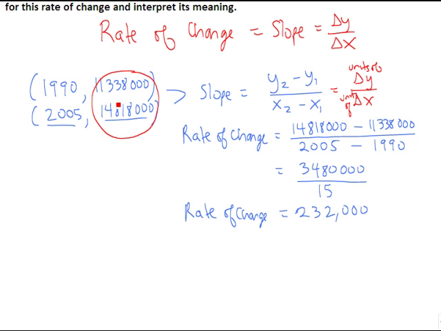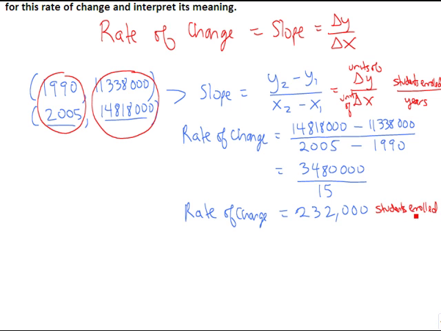Our y's here represented students enrolled. So we have students enrolled on top. Those are the units of y. And our x numbers here were years. So the units on the bottom are going to be years. So let's put those units on our rate of change. We have students enrolled